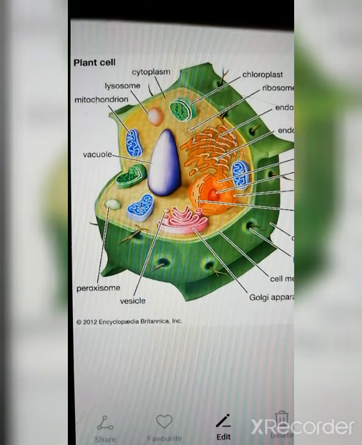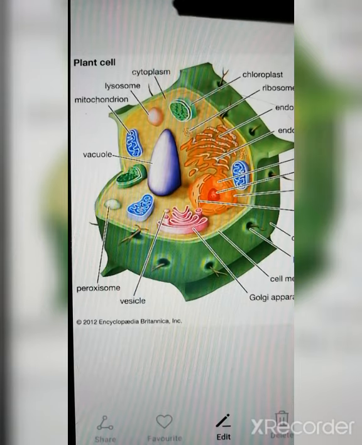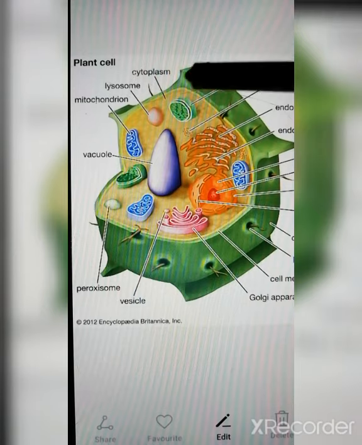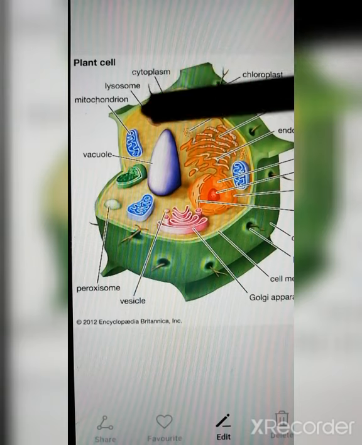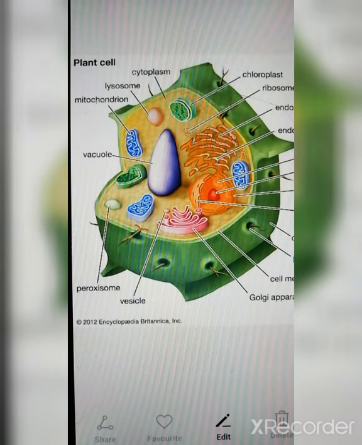The mitochondria is made up of a double membrane wall. One is the inner membrane, the other one is the outer membrane. The other two parts of the mitochondria are the matrix and cristae. The mitochondria is also known as the powerhouse of the cell because it provides energy to different organelles within the cell, and it is the major energy source of the cell.